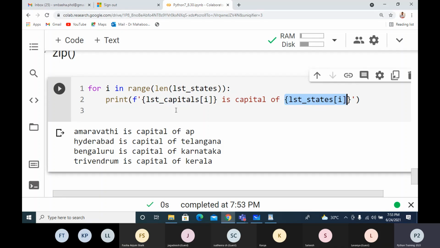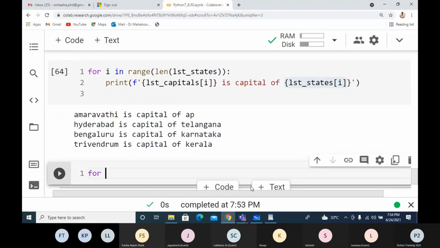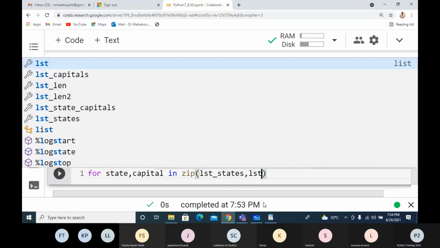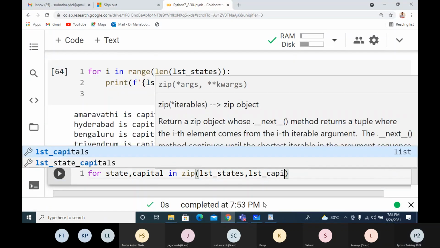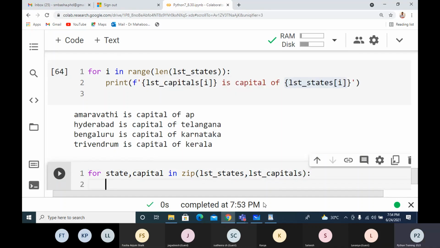This is a common way, but a better way is using zip. If I want to run through two lists, I can say for state and capital in zip, LST states, LST capitals. This is how we write it.